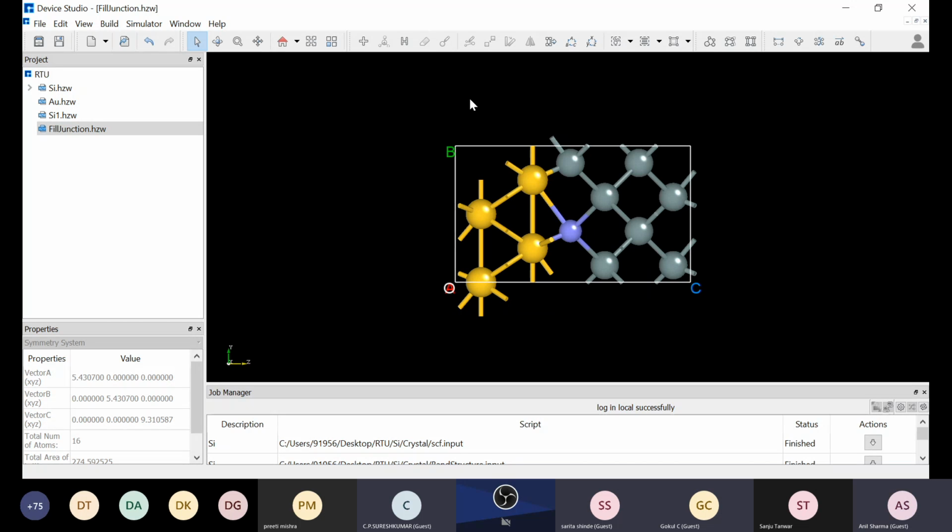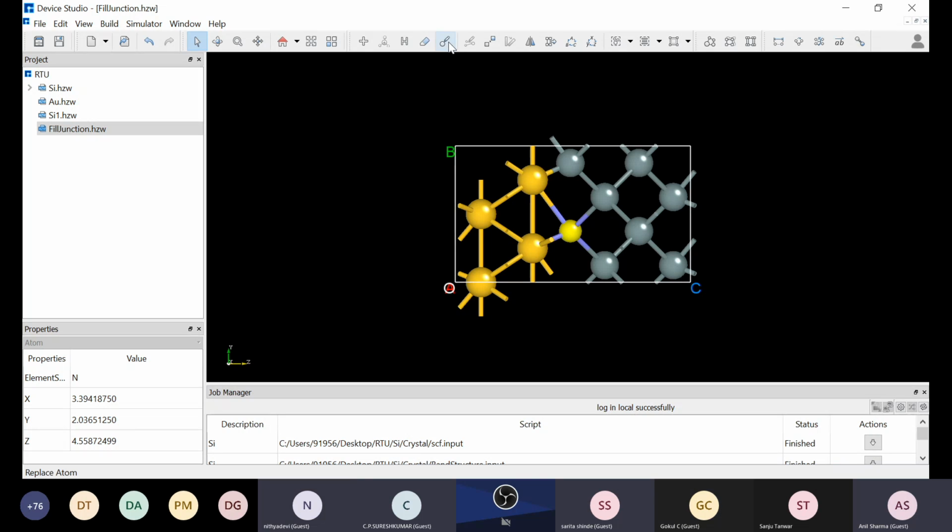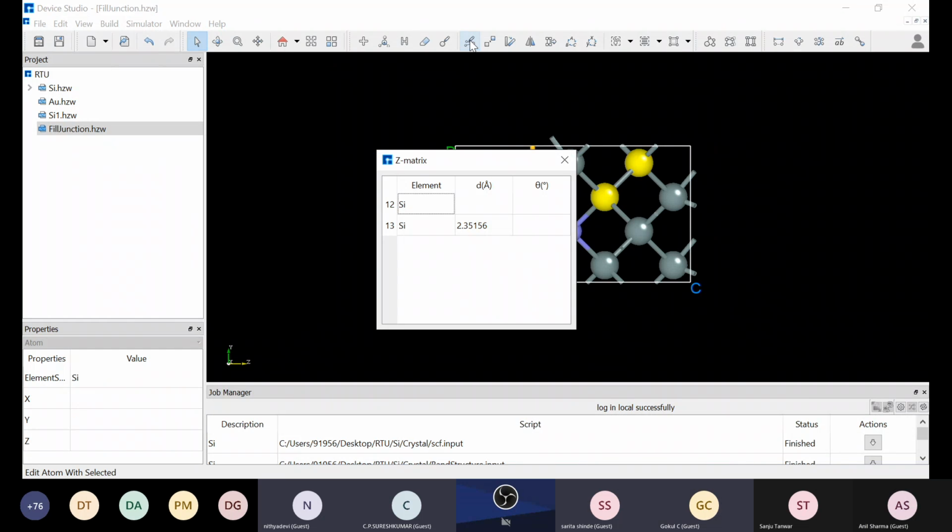Now if you want to create some other type of defect, suppose you want to move the atoms. If you want to change some bond length between the atoms, this bond length option is there. You can find the geometric